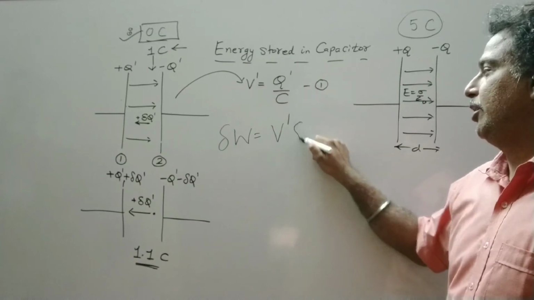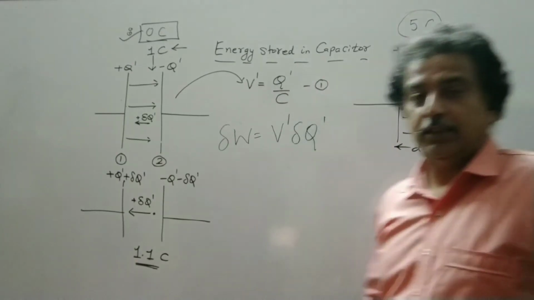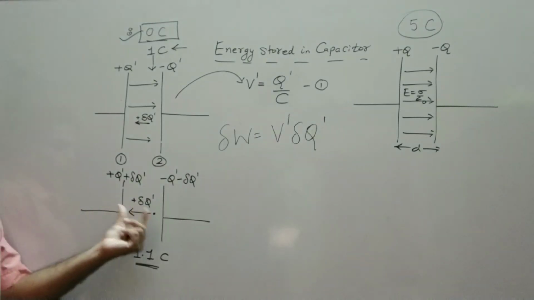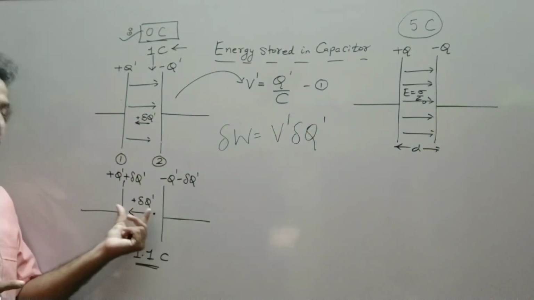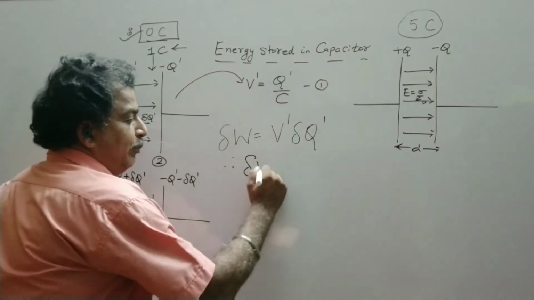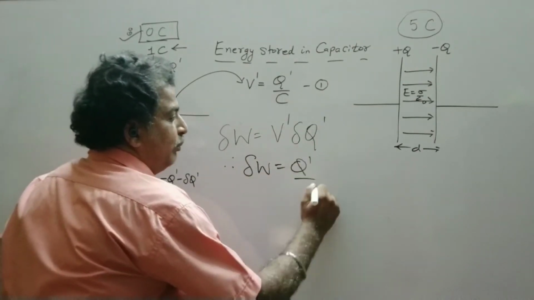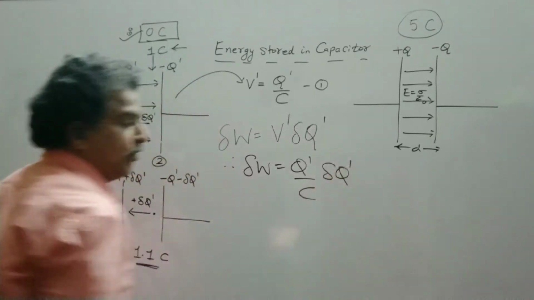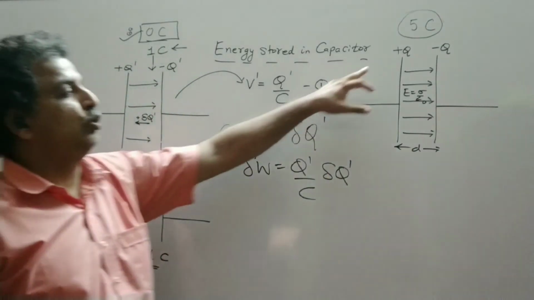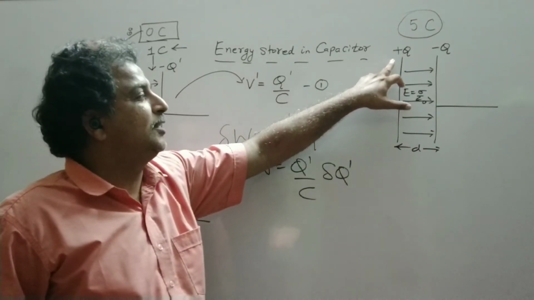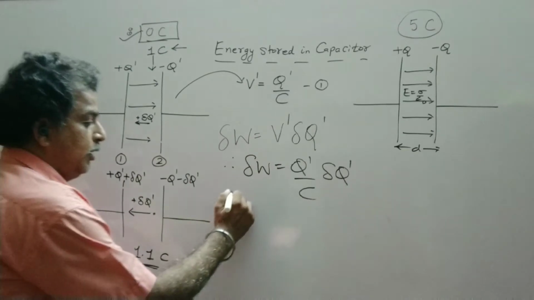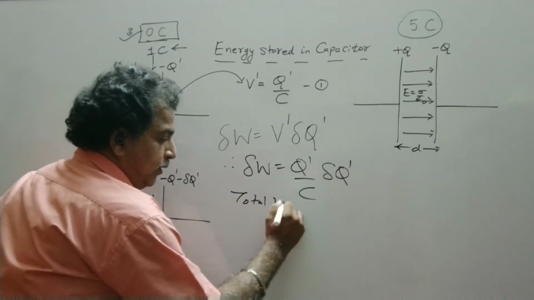So V dash delta Q dash. This much amount of work is done to deposit additional delta Q dash charge. Therefore, delta W is equal to Q dash by C delta Q dash. Now we want to deposit the total amount of charge, which is Q or 5 coulomb. So integrating this equation, total work done,